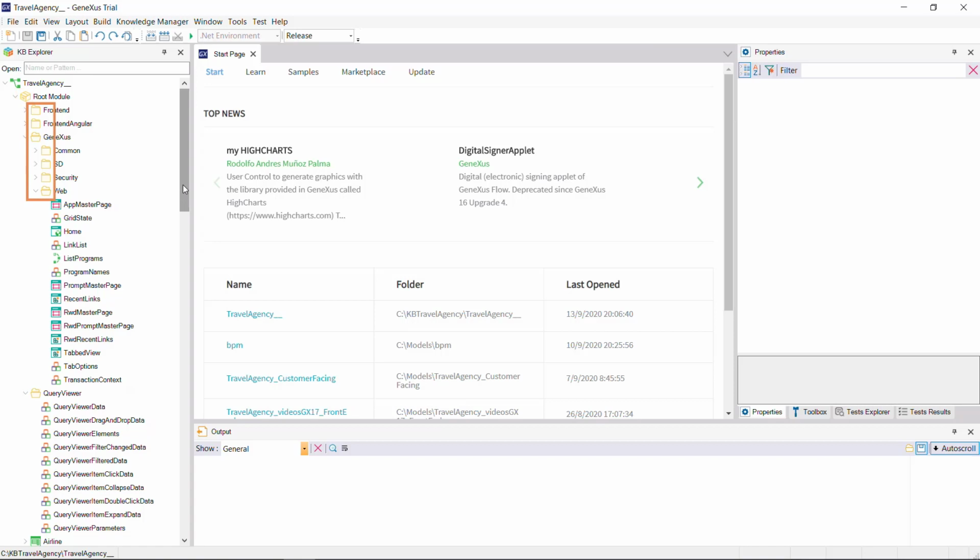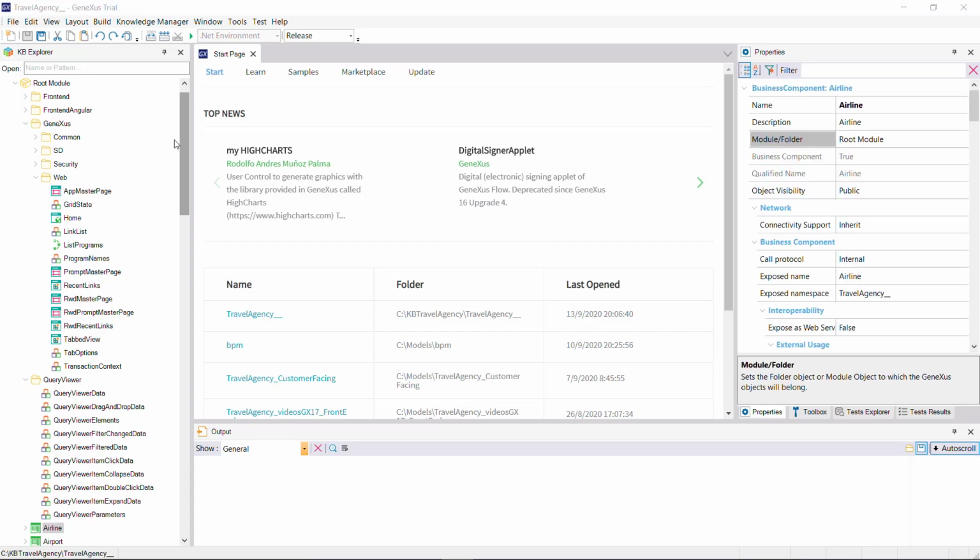Folders, on the other hand, act as containers that only help in organizing objects by separating them according to specific criteria. Along with modules, they create a hierarchical tree where the root is always a module, as in the case of the root module. We can see this in KB Explorer. Modules may have module children, but folders may not have modules as their children. As a general rule, we could say that it's possible to use modules to encapsulate, and folders for organizing objects within the module.